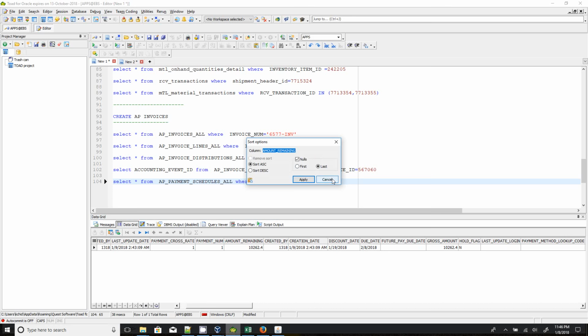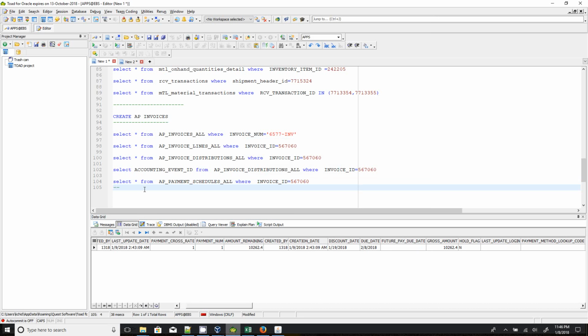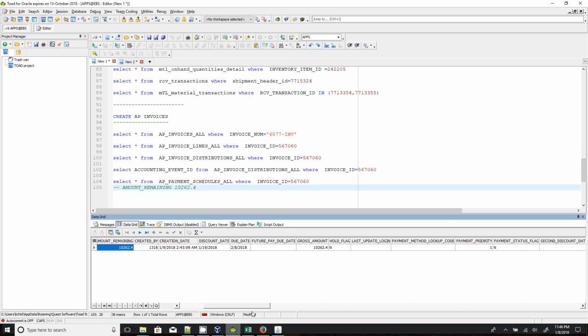Amount remaining. The payment status flag equal to